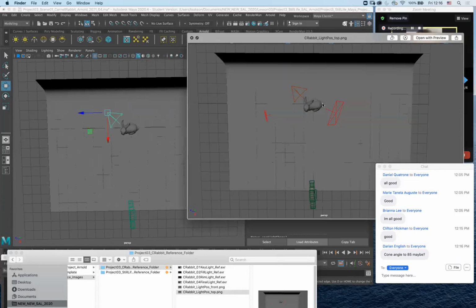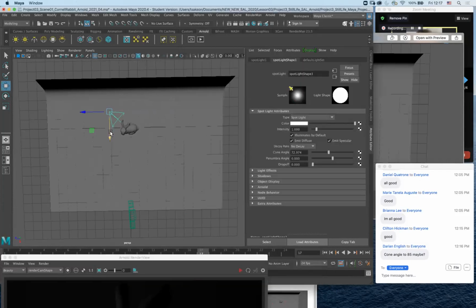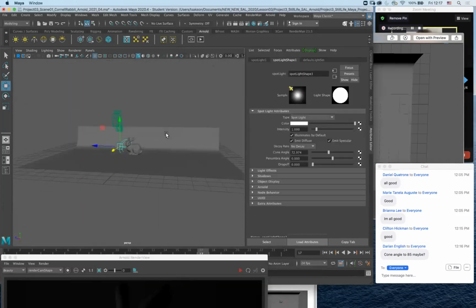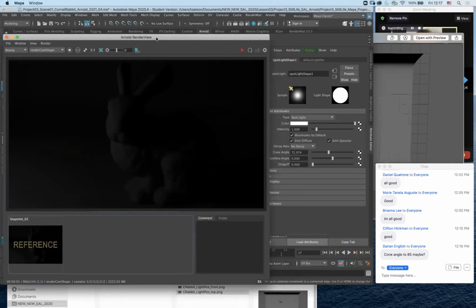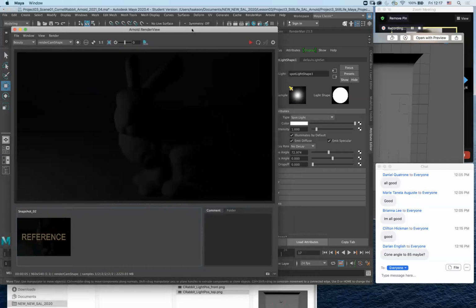It probably needs to be fixed a little bit more. Kind of looking at the position. Okay, it's kind of grabbing the ear. Here. Yeah, good enough for now. Let's see what's going on here. So now